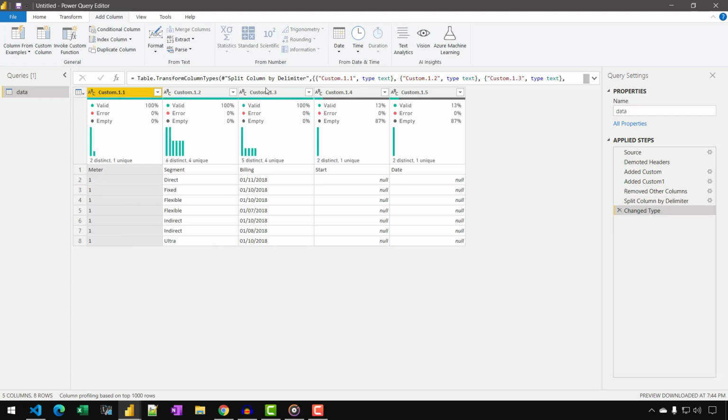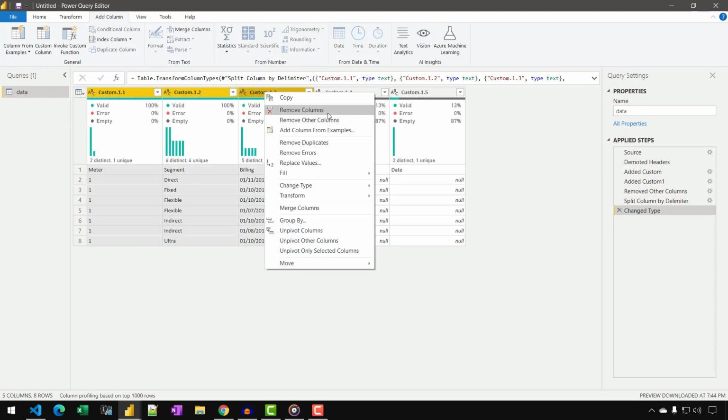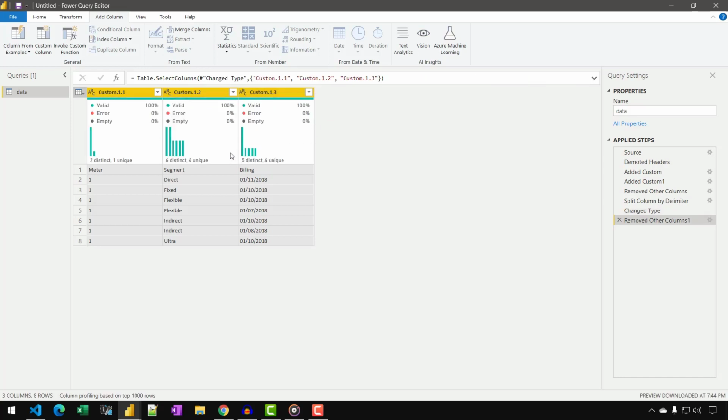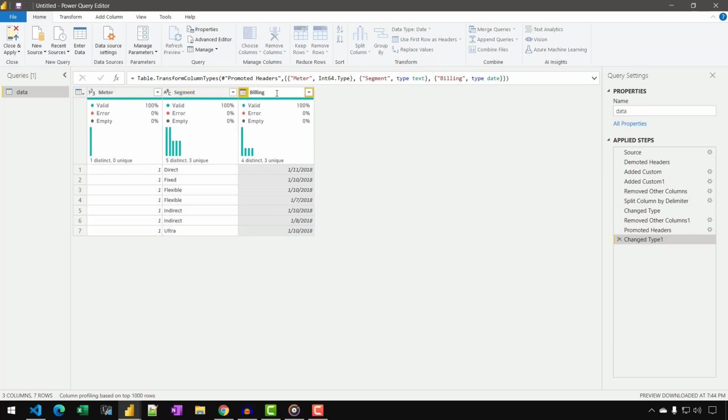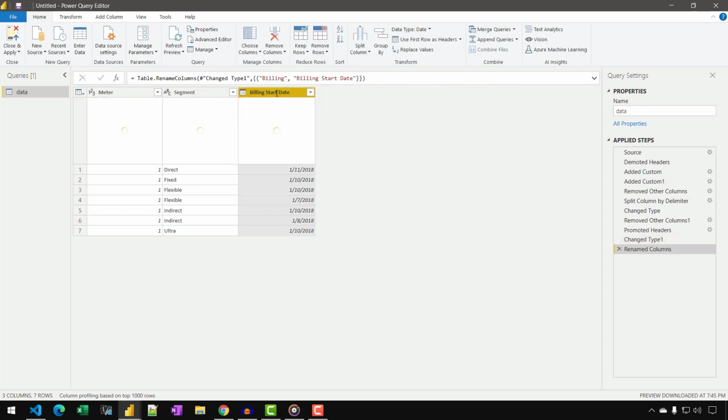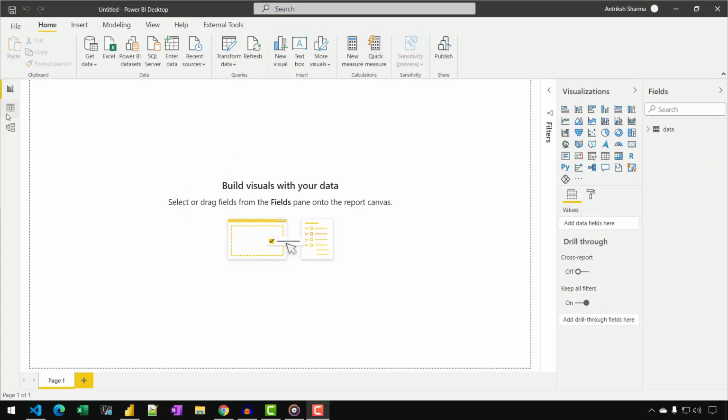Then I can select the first three columns and select Remove Other Columns, and now we can push the first row to the header. Let's go back to Home and select Use First Row as Header, and now I can change the name of my last column to Billing Start Date. And that's it. Now we can load that data into Power BI and start doing our analysis.